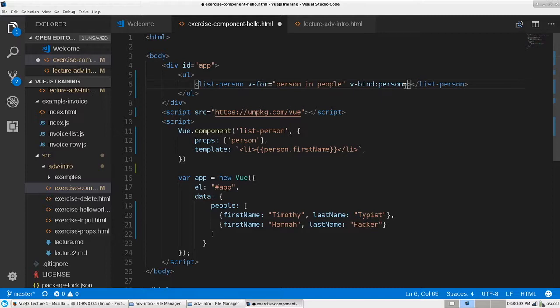And just to make this a little more clear, I'm just going to call this person p here. The variable will be called p, and we will be passing this p variable and binding it to the person property in the list person component. So for each of these list persons, we are going to pass the person object in as a property to this component. So let me go ahead and save that